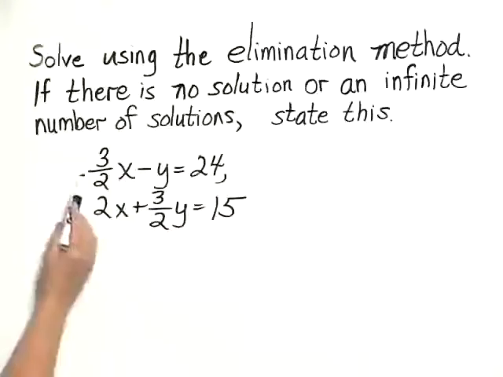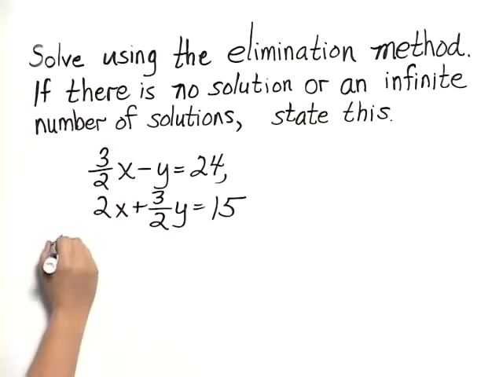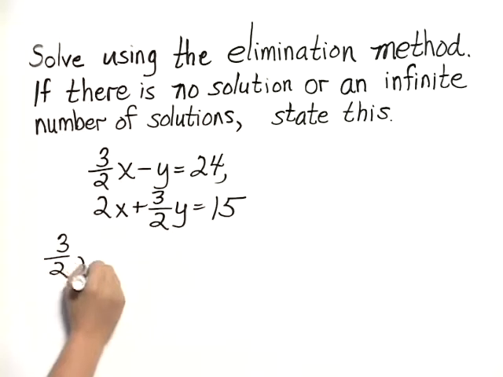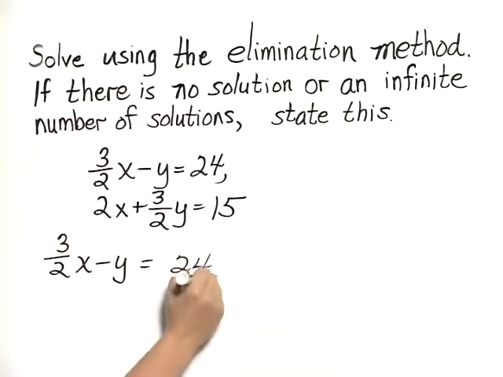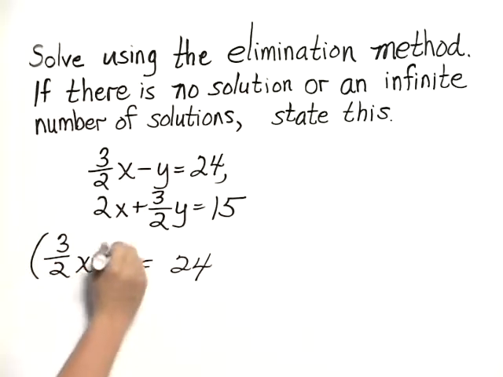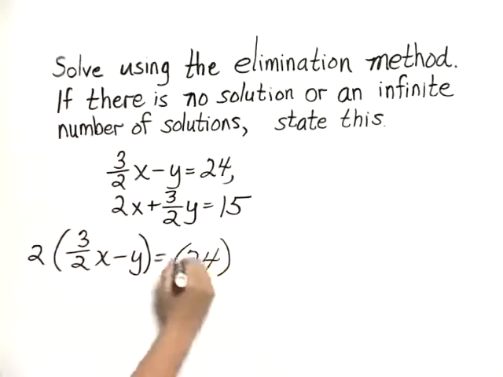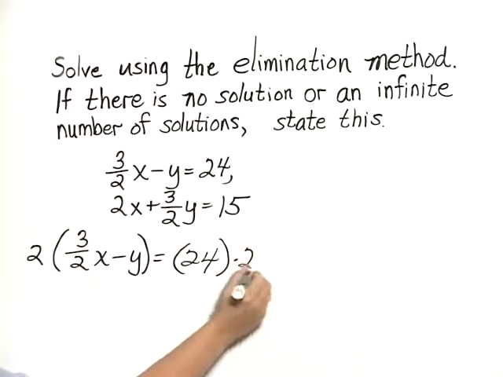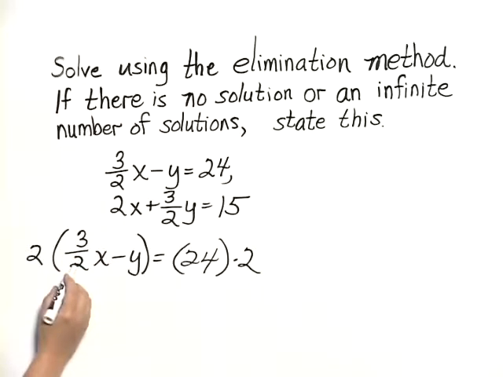Since there are fractions, we'll begin by clearing fractions and make this a little bit easier to work with. We start with the first equation, 3/2 x minus y equals 24. I'm going to multiply both sides of the equation by 2, which is the denominator of the fraction, and that will clear the fraction. So that gives me 2 times 3/2, which is 3x